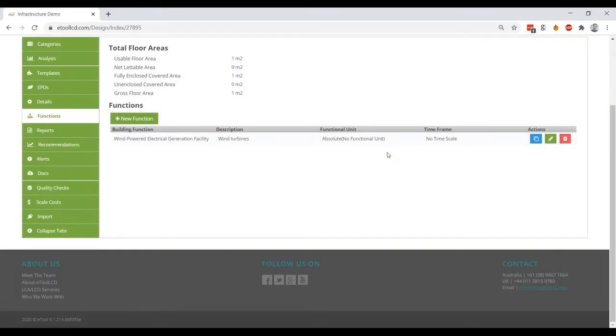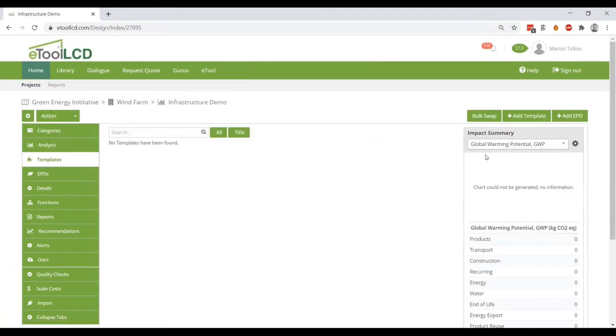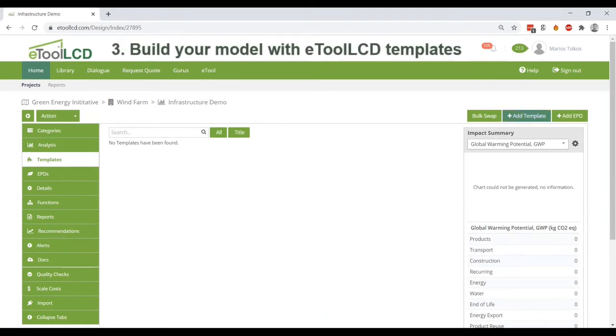I could go into more detail and add the roadway distribution and energy distribution function as well, but for the purpose of this video, I'm just going to skip that, and I'm going to go directly to the templates tab,